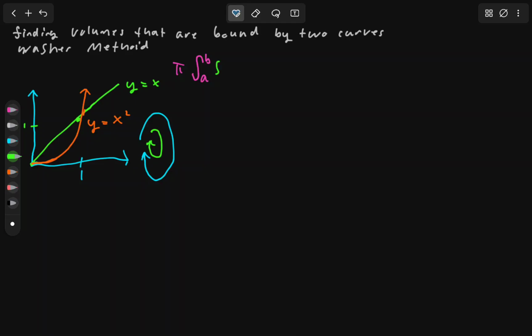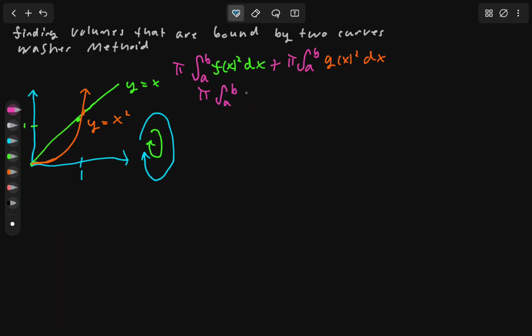We'll do this in green. The integral of f of x squared dx, plus, and I'll do this part in pi, plus pi times the integral, rather, from a to b of the lesser function, in this case orange, so we'll call this g of x squared dx. So we can now condense these integrals by factoring out a pi, so we get the integral from pi